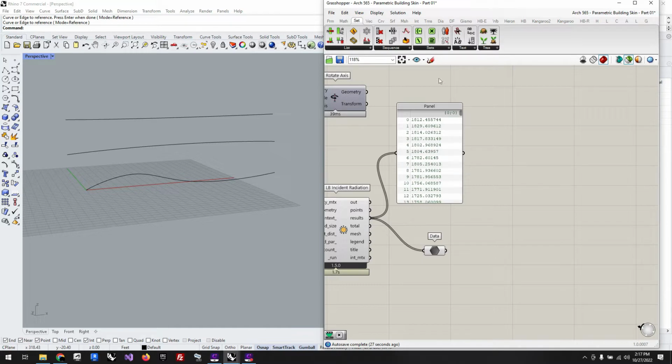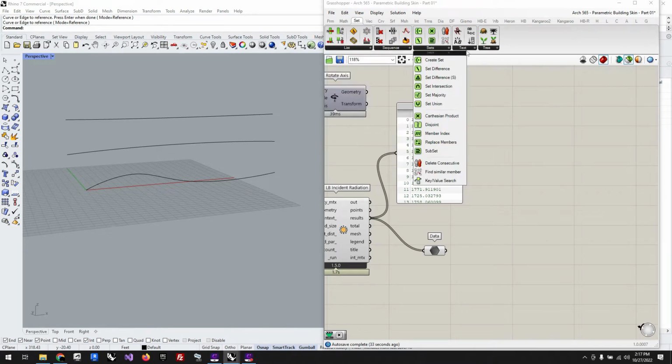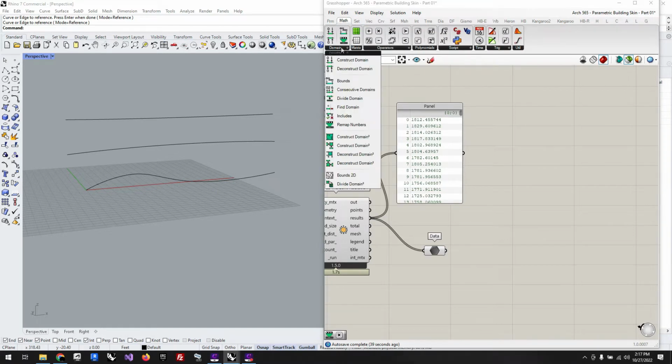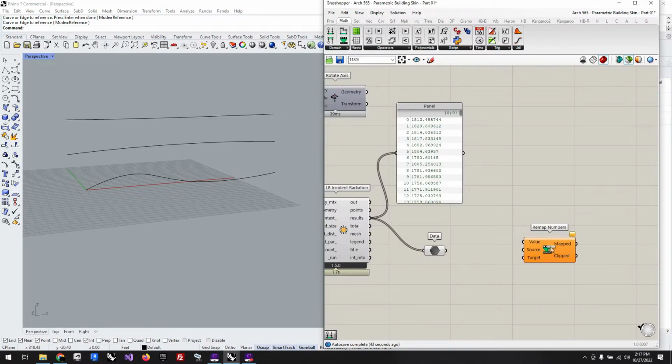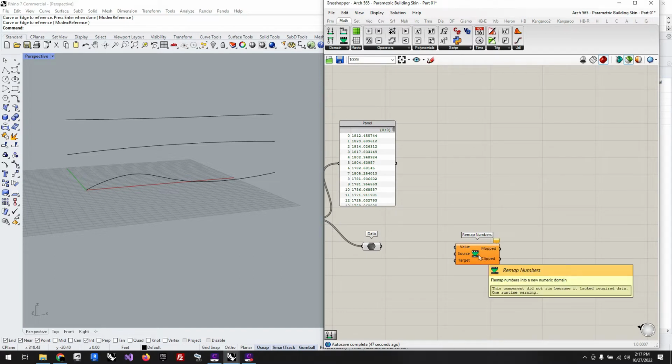We'll play around with that. And the way to get there is to go to... totally having a brain fart there. We go to our math tab, and under the domain, we have this remap numbers tool, which is really, really useful. So this will allow us to take all of these values that are within this crazy domain of